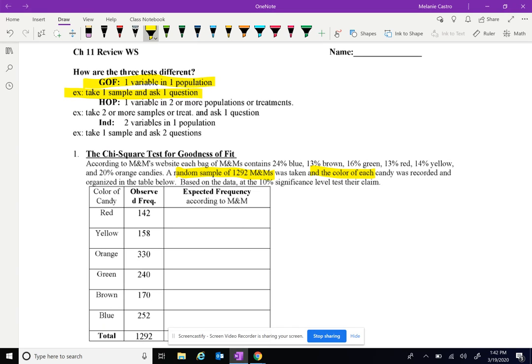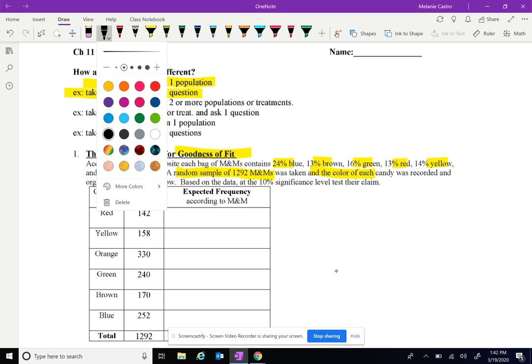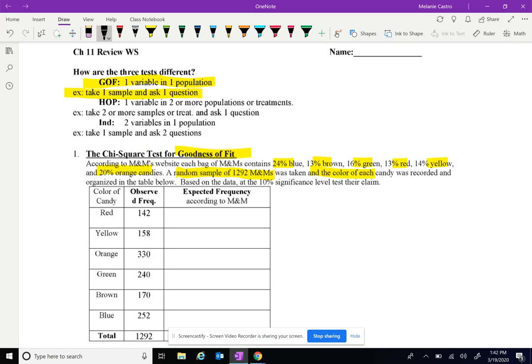And we're trying to check to see if it matches previous data. See how we're trying to see, does it match what was published on a website? If that's true, that's our goodness of fit test. All right, so we'll start by defining that population parameter. In this case, it's a proportion. So we're looking at the probability that each color